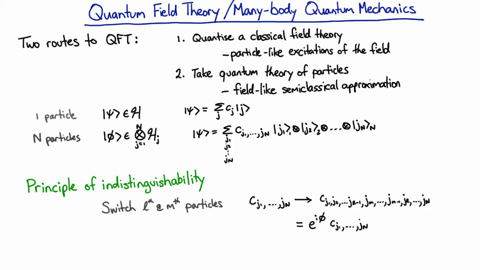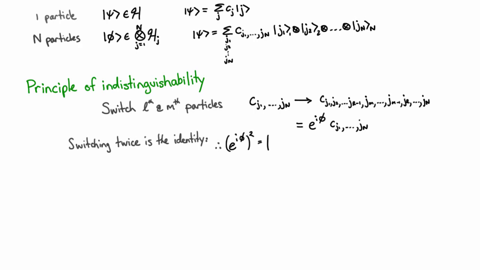Now supposing we were to take two particles and swap them, and then swap them back, we have to have not just the same results for all experiments, but exactly the same wave function. So doing this process twice must give us the actual same coefficients exactly, which means that this phase factor squared has to be 1. Therefore, there are only two possibilities. Either swapping two particles gives you exactly the same coefficients, or swapping two particles gives you a minus sign.